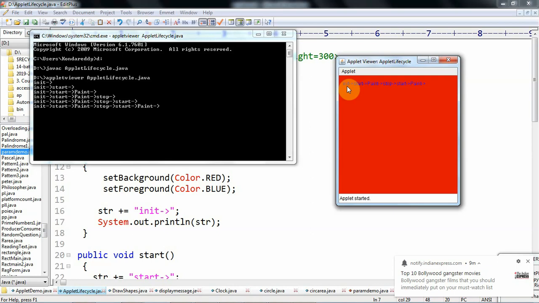That means the init method is executed only one time at starting. That's why one-time operations are written within the init method. So after stopping the applet, if you restart, it enters into the start method, after that it enters into the paint method.